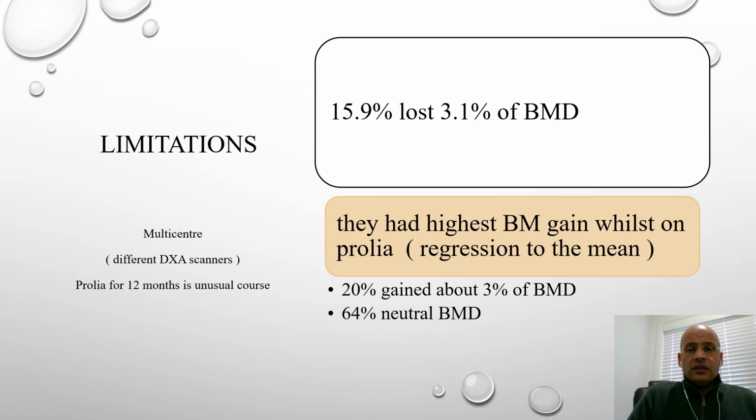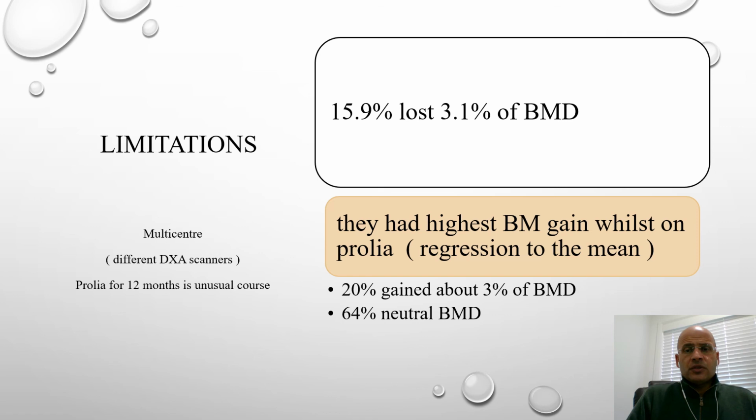Now, this particular study has shown limitations. About 15 or 16% of the group lost 3% of the BMD gain, but this loss was particularly in the group that had the highest BMD gain. So we think this is probably a regression to the mean phenomenon. It was done using a multicentre trial, but it's a proof of concept, and it did prove that alendronate works